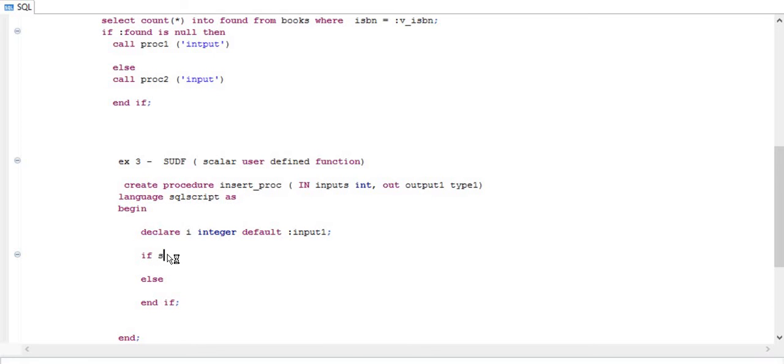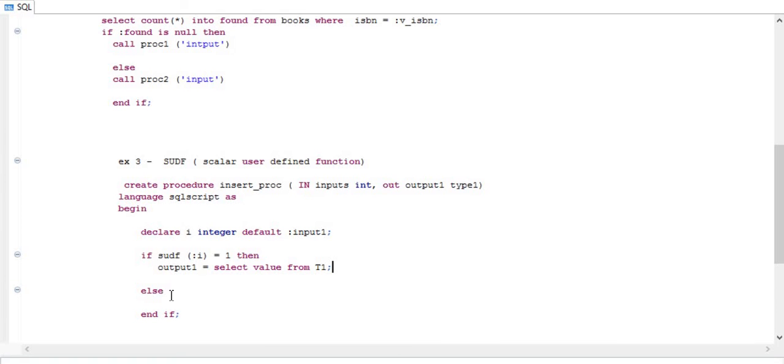And in SUDF, if I'm using this function and suppose I is equal to 1, then you can write any condition you like: output 1 equal to select, any select statement, like select value from T1, another table T1.